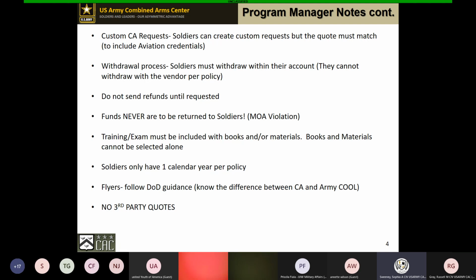So that's an absolute no-go. So we ask that if a SODR says, hey, I want to withdraw from this course, that you automatically send them back to Army Ignited, or you ask them to submit a SNOW ticket, the Service Now ticket.